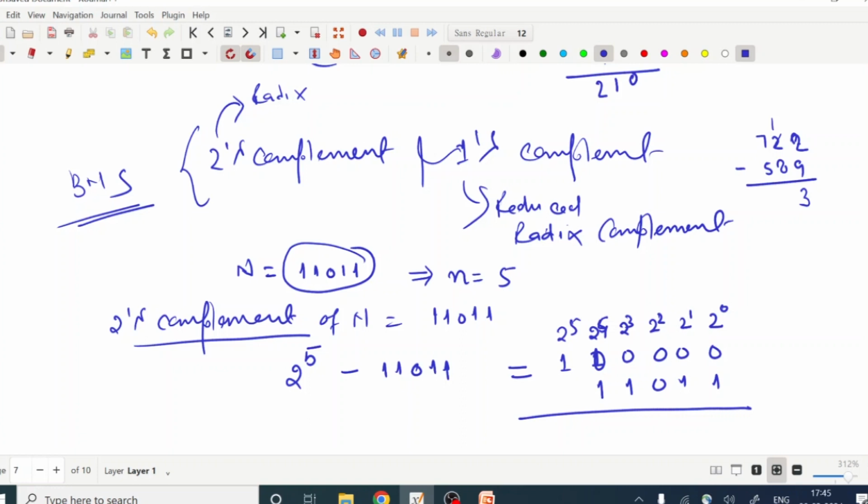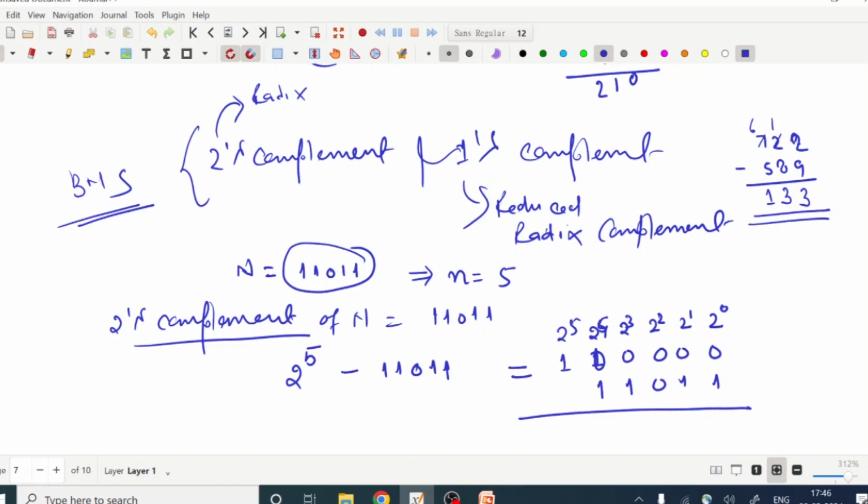Similarly here again, the subtrahend digit in this position is greater than the minuend digit in this position. This means we again take a borrow from just the previous one. Suppose we take one borrow here, the borrow is coming in the form of 10, 10 plus 1, that is 11, 11 minus 8 is again 3, and here 7 becomes 6, 6 minus 5 is 1. So this is 133. 133 is the answer.